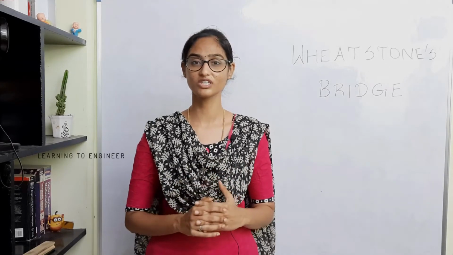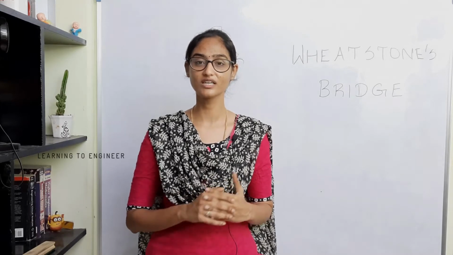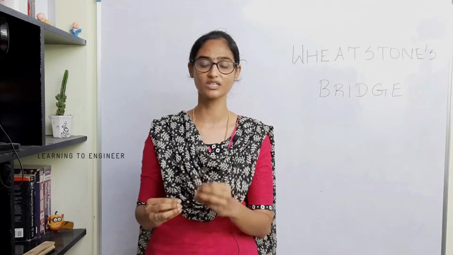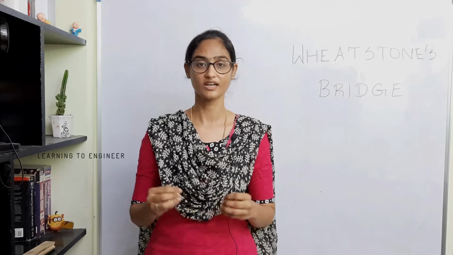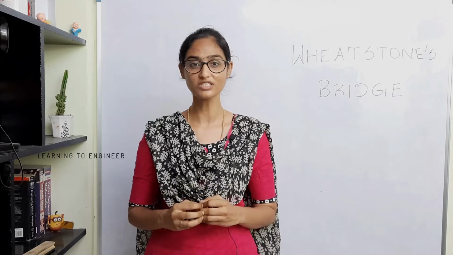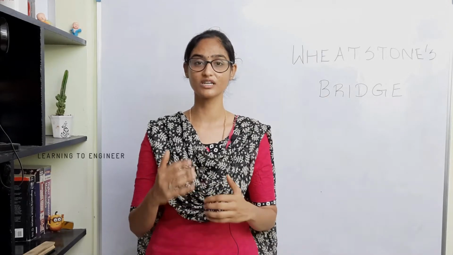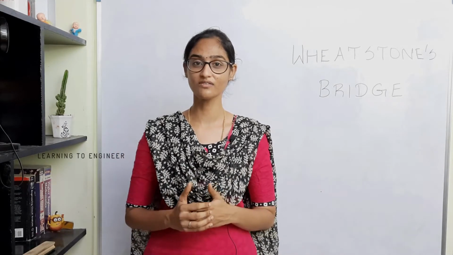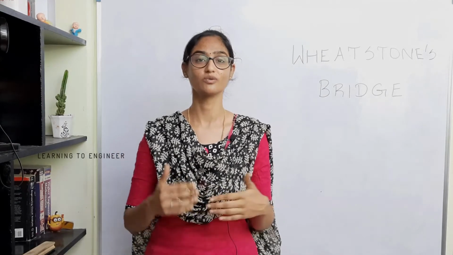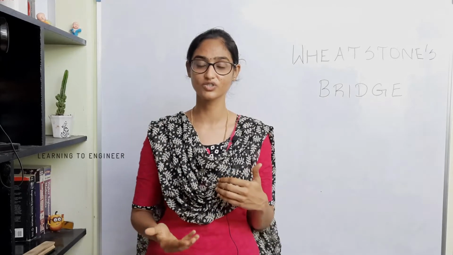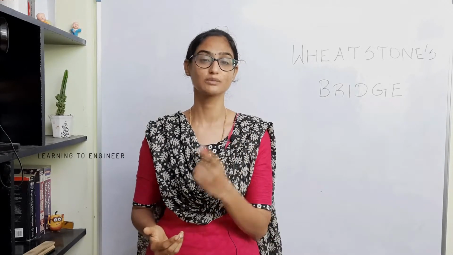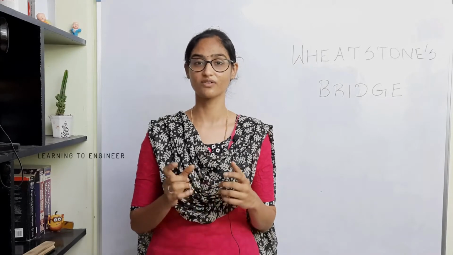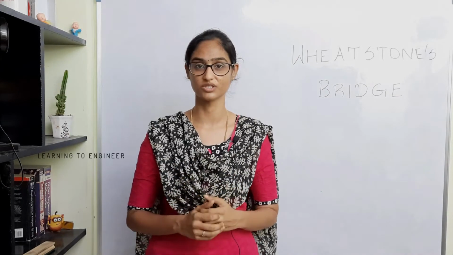We will be able to measure the resistance accurately, but each one of the bridges has some limitations specific to it. Now we are going to see the Wheatstone's bridge, and we are also going to analyze better ways of measurement of resistance. You all would have known Wheatstone's bridge earlier. You would have known how to find the unknown resistance using this bridge. You would have even done an experiment in your measurements lab and found out the unknown resistance using this bridge.